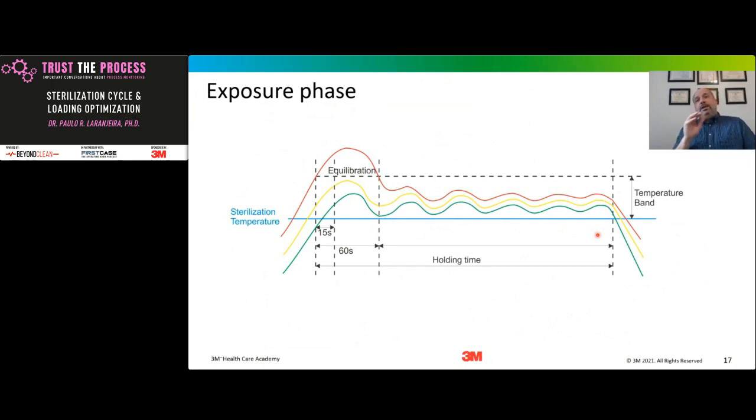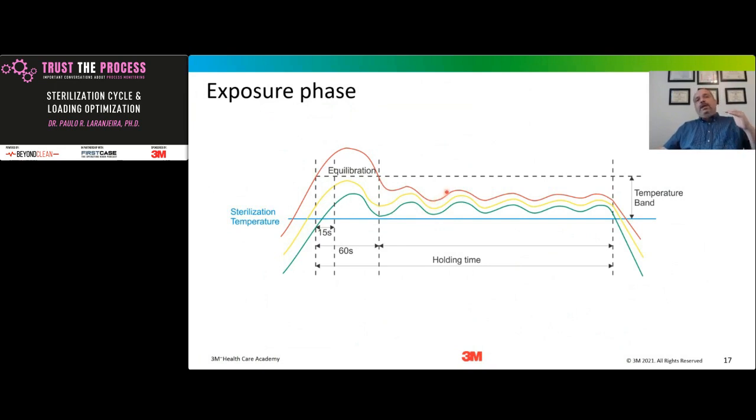So here we are going to have the presence of latent heat. This is the only phase of the sterilizer that latent heat is present. That's why we cannot take into consideration, especially when we are sterilizing medical devices in hospital, the temperature on the conditioning phase or the drying phase. Those temperatures, they do not guarantee latent heat. And what sterilizes our load, what inactivates the spores is the latent heat. So the latent heat is going to occur when we have the temperature variation.